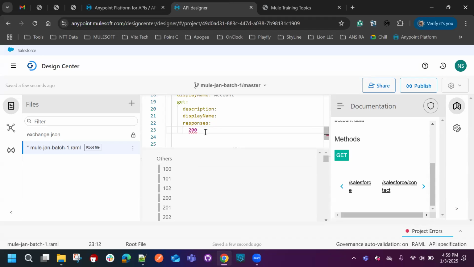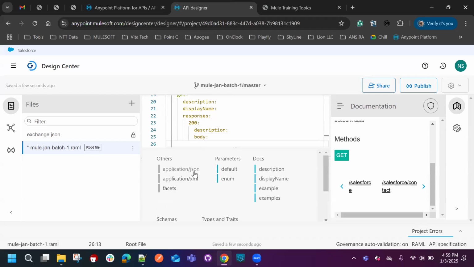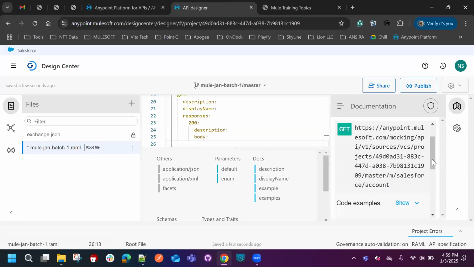Then I'm using the 200 for now over here. Then again, I will have the description, anything you can give, and then the body. In the body, I can say right now, if we see, if I click on the GET method,